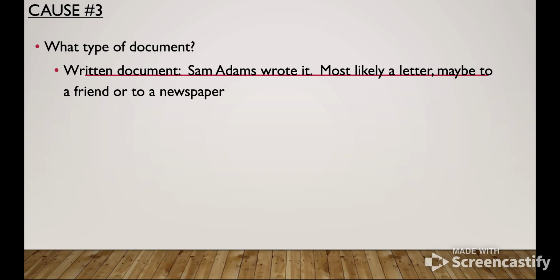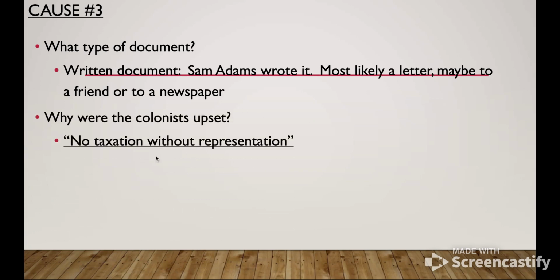Sam Adams, maybe you haven't heard of him. You've probably heard of his brother. His brother was John Adams, the second president. But Sam Adams was a pretty well-known person back then. I think we could call him a founding father, but he was leading a lot of this early stuff against the British. Anyway, he writes in this letter that the colonists are upset because